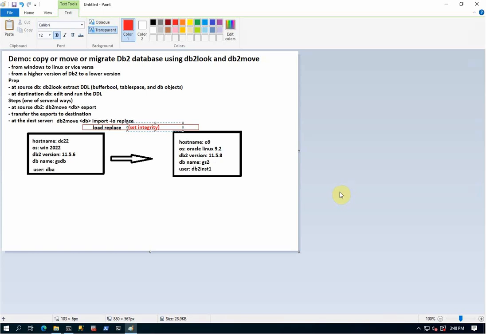Alright, in today's video, we're going to demo how to copy, move, or migrate a db2 database using db2look and db2move. This kind of data move or database move is called a logical move, because typically if we